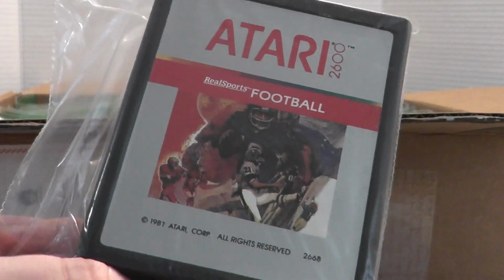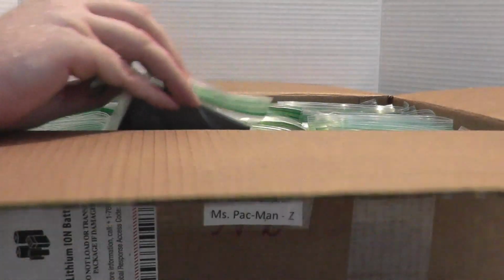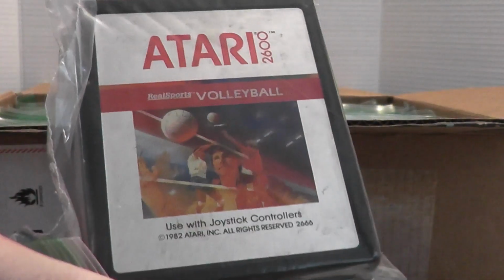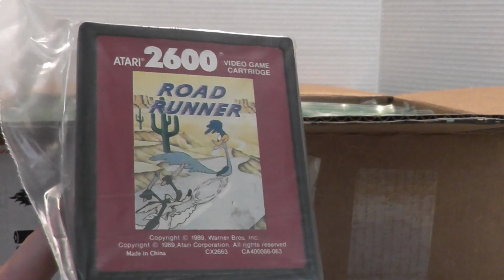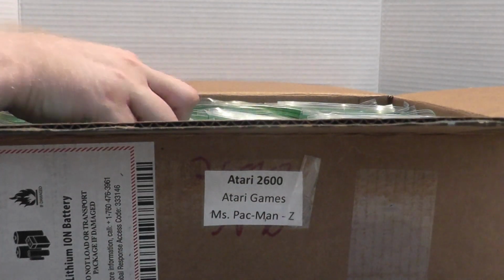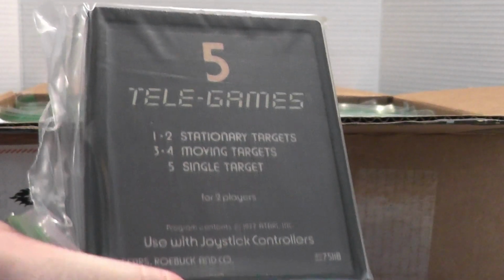Real Sports Football. Real Sports Soccer, terrible label. That was also called Real Sports Football in Europe, I believe. Real Sports Tennis. Real Sports Volleyball, which is a phenomenal sport game. Roadrunner, pretty fun conversion. Secret Quest, I keep getting requests to review that game. I'll try it someday. Skydiver, I have played a little bit of Secret Quest, and this is Darediver, which is